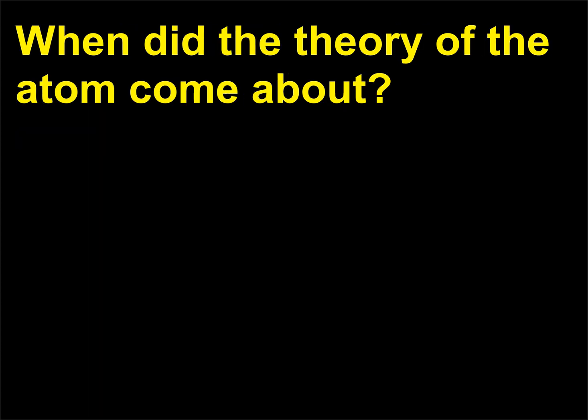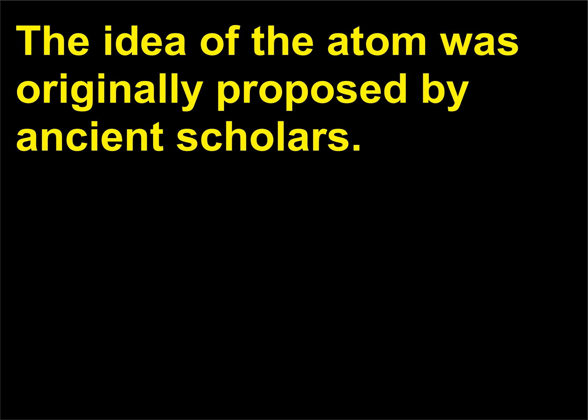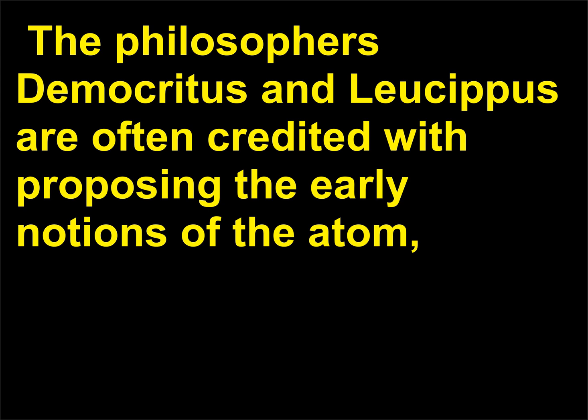When did the theory of the atom come about? The idea of the atom was originally proposed by ancient scholars. The philosophers Democritus and Leucippus are often credited with proposing the early notions of the atom,